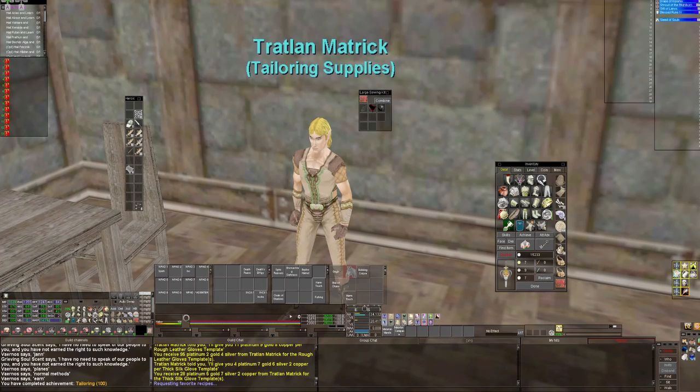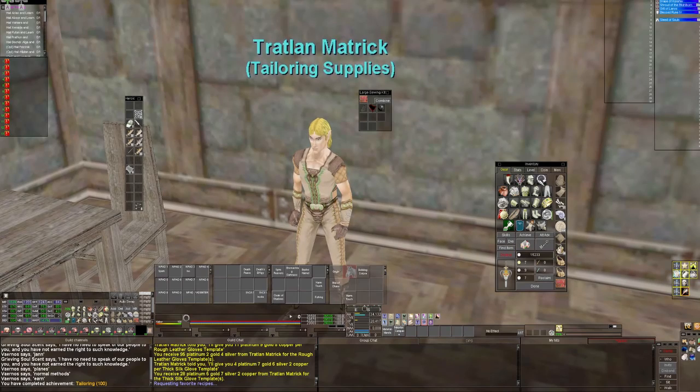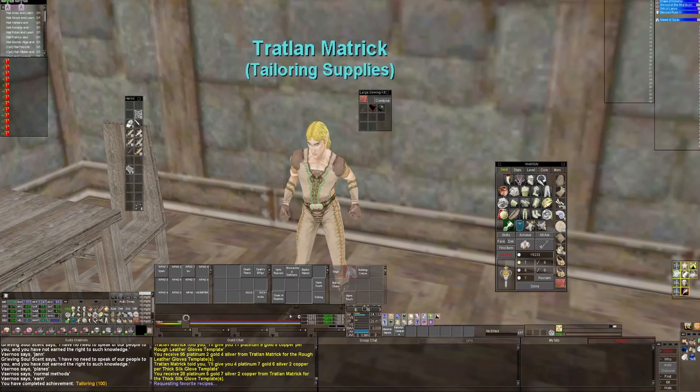A heroic character is only given 15,000 plat, and you can't, on Xegony anyway, buy the items I needed for just that little amount of plat that you have when you start out the heroic character. So now that that's out of the way, which by the way, the tailoring part is probably the hardest part of the 1.5 in my opinion right now,